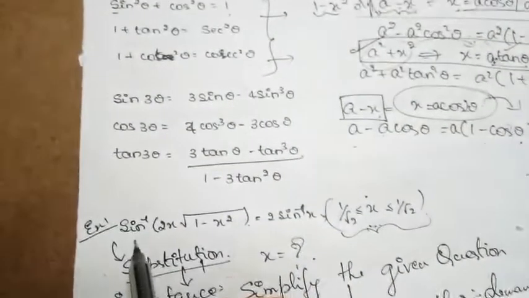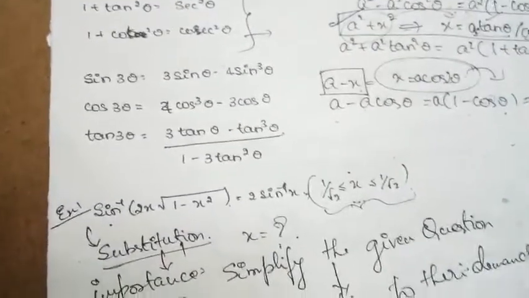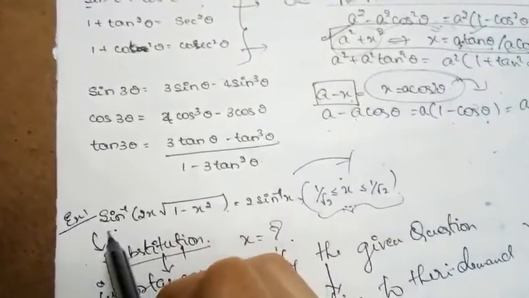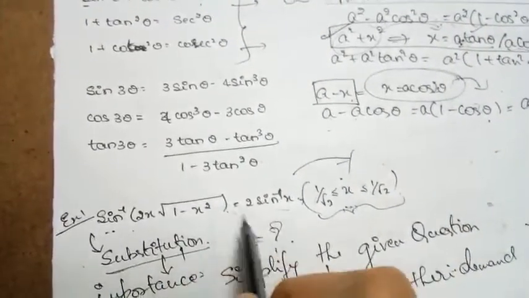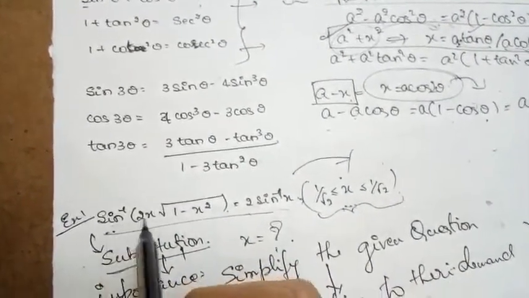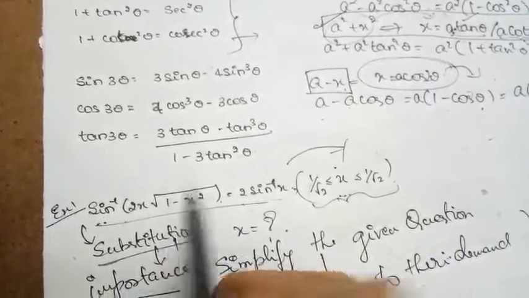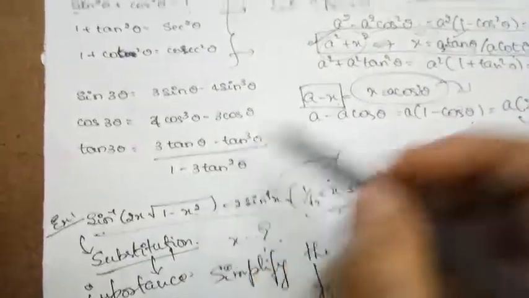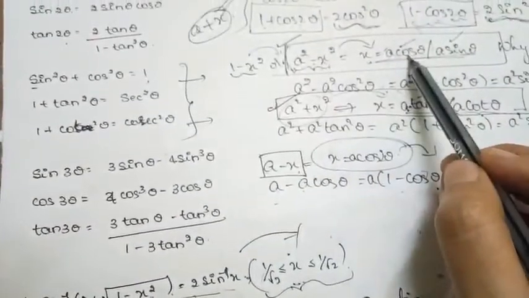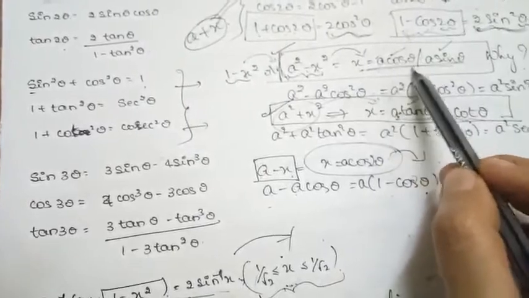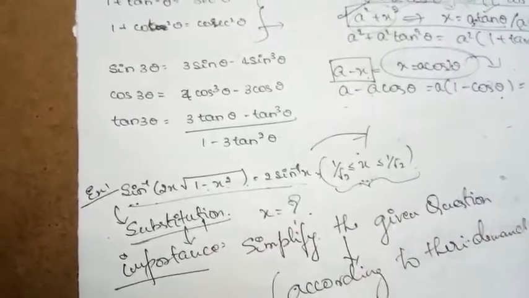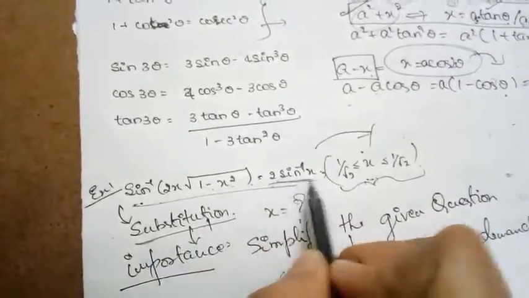So this is one of the example questions which I have already solved in the previous video. With this idea, if we need to prove this one, while proving you can see here 1 minus x square. So it is in which format? A square minus x square. Suppose a square minus x square comes, how are we substituting? Either with a cos theta or a sin theta. Now look into the question. So the simplification we came to know according to their demand. Let us see, we need to get this one.